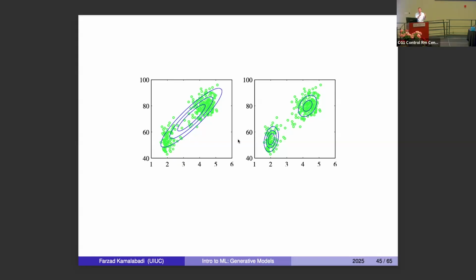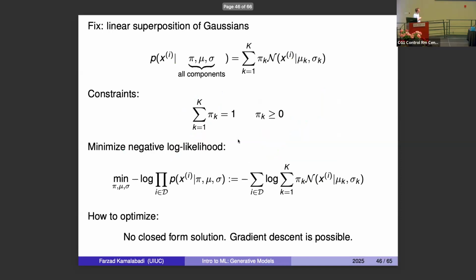Do you make a fit to just the whole data, or how do you decide on clusters? So if you have two, and you make this fit, of course, you get something that's meaningless in terms of helping you understand your data. But if you knew k had to be 2, which is an assumption we are still making, then you would fit two Gaussians with different mu's, with different centers and different spread, okay? And that is the idea behind the Gaussian mixture model, which just means a mixture, or a linear combination, of Gaussians. And of course, if you have enough of them, whatever the complexity in your data is can be captured by this model. Okay, how do we set up the problem?